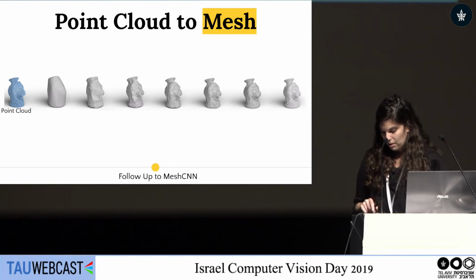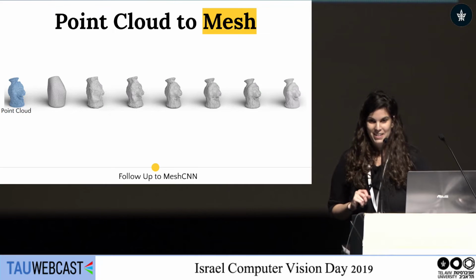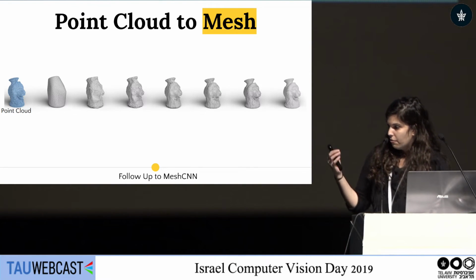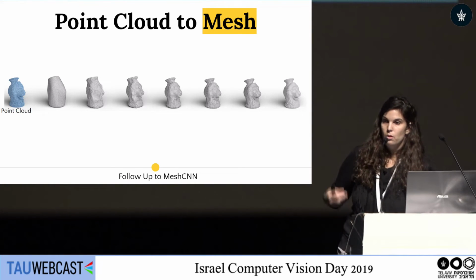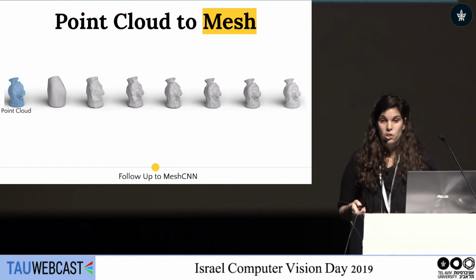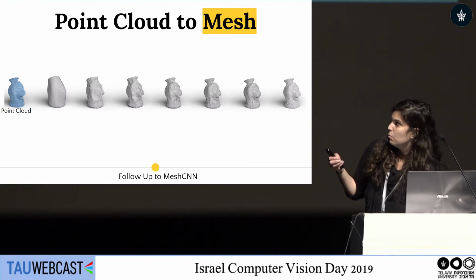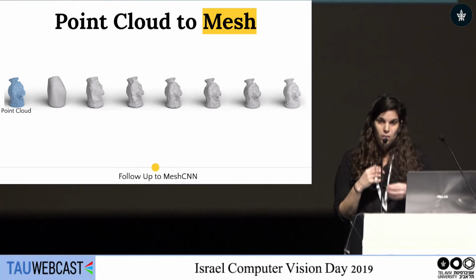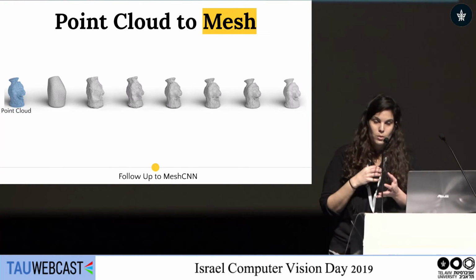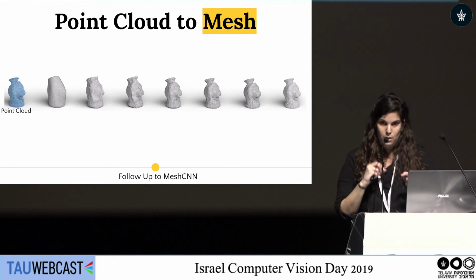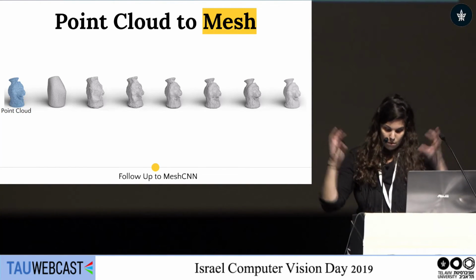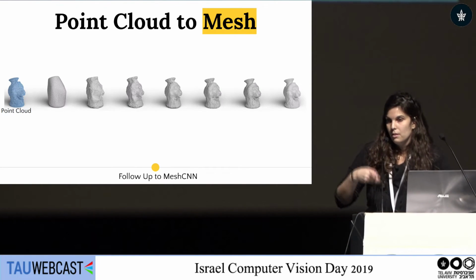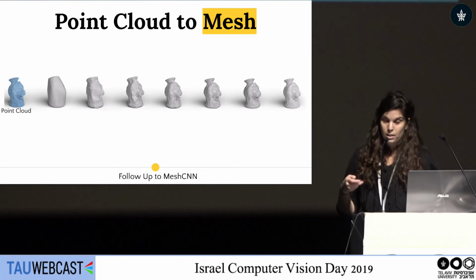So I want to talk about a couple of follow-up works that we are working on right now. The first is a framework where we're using MeshCNN to convert a point cloud to a mesh. So the way we're doing that is we're training a MeshCNN network to overfit the edge-based convolutional kernels to a single point cloud. We take some initial mesh and we deform it such that it will sort of shrink wrap onto the input point cloud. And this doesn't require pre-training or any training data.